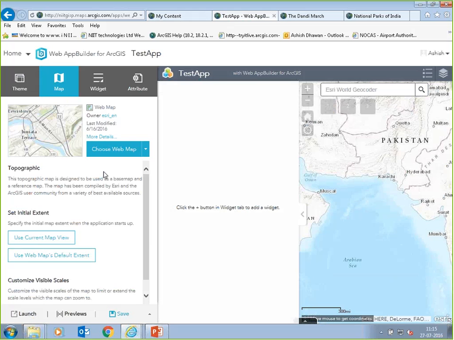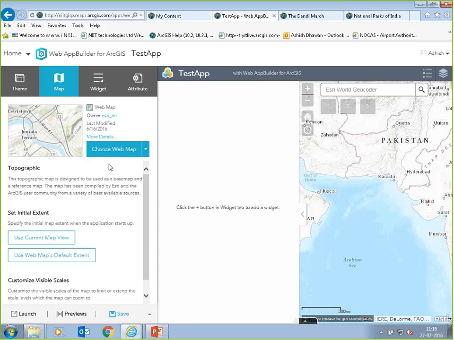Now the best thing is that we can use these maps. These maps can be from your organization account. These maps can also be from an external agency. We very well know that nowadays lots of GIS companies or other people who generally use GIS, they generally share their data in form of OGC services. So I have an option where I can choose a web map which is coming out from OGC services coming